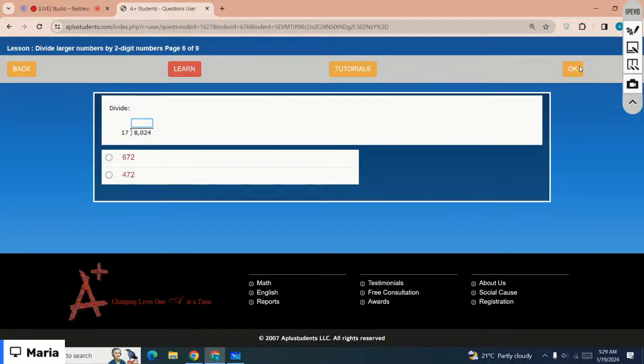So if you know the tables, division is very, very easy. But the base is the table, for the division and for the multiplication, right? Okay, so the correct option is 472, and the next one is